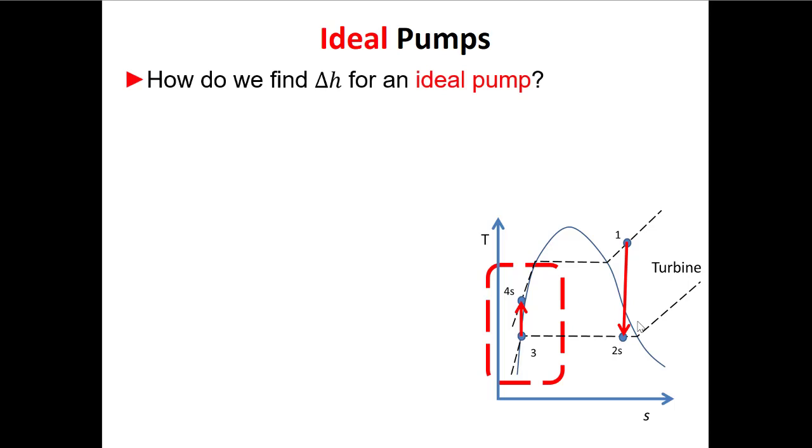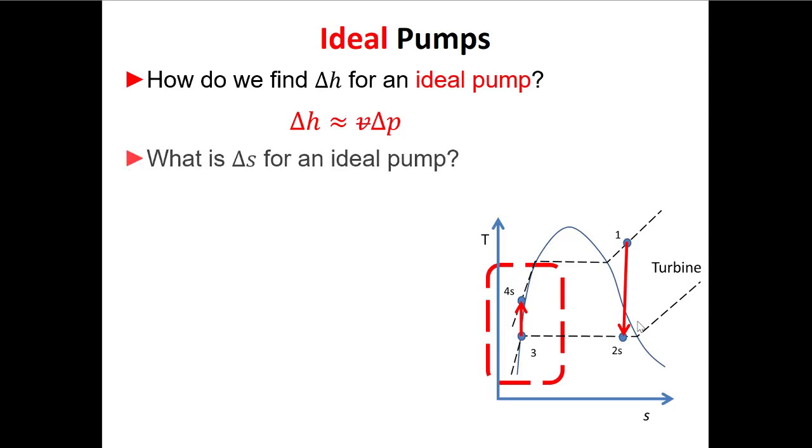It's a similar thing for pumps, but remember, pumps are a little bit different, right? We talked about how we find delta H across an ideal pump. We know that delta H is approximately equal to the specific volume times the change in pressure. But that's when we have an ideal pump. And remember when we introduced this equation, we described this ideal pump as having the same inlet and outlet